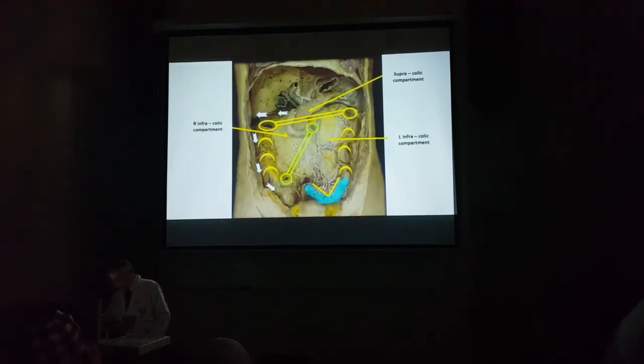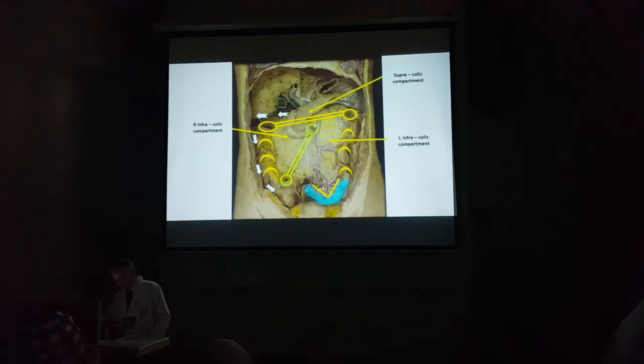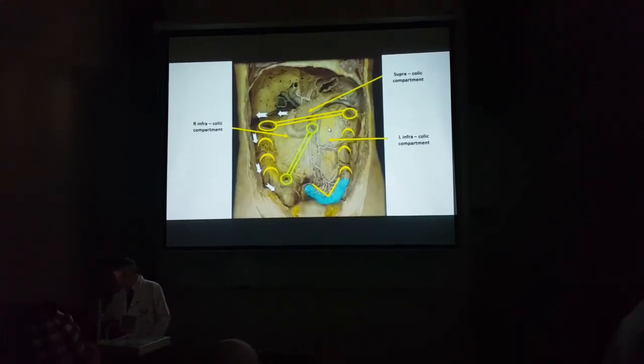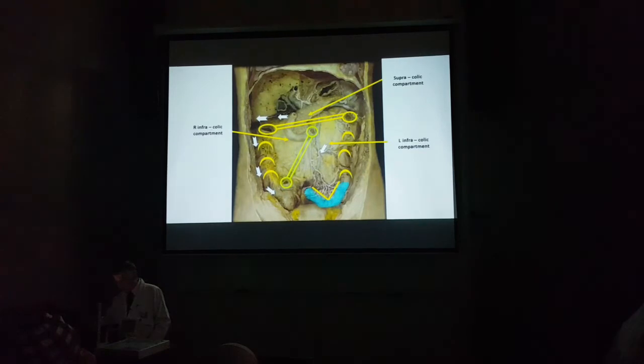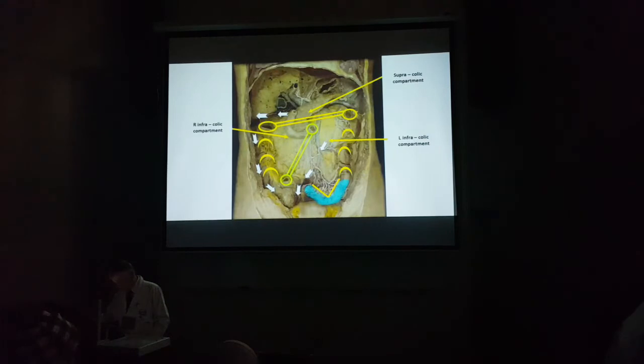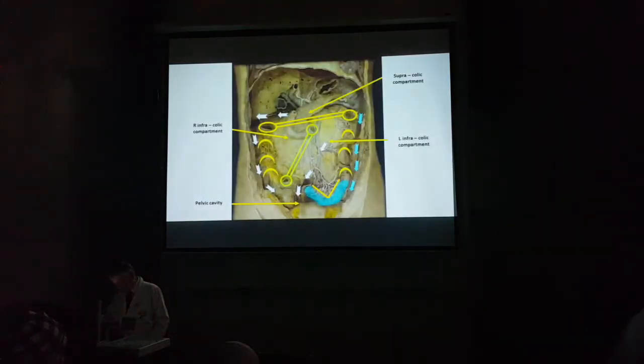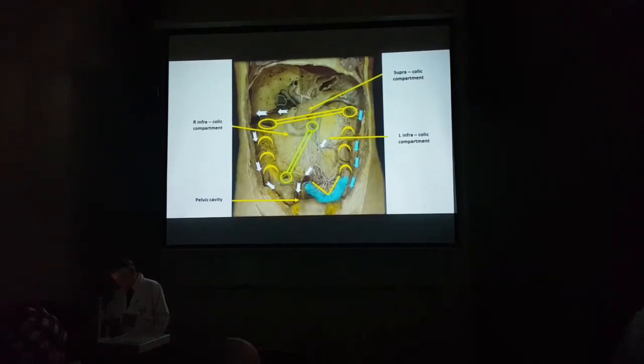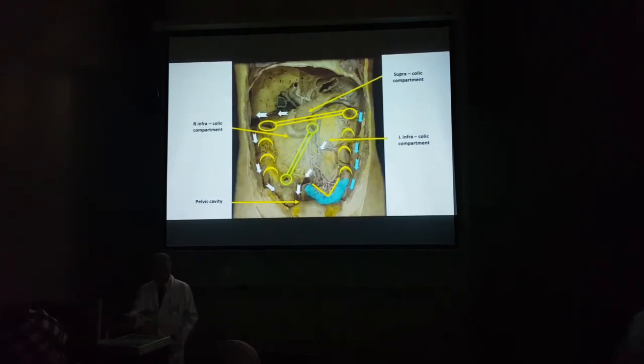Till this space is filled, then it spills over, and then goes to the left infracolic and down to the pelvis. We have the left paracolic gutter. There is no organ that can rupture and collect fluid there. Okay, so this is why we learn the compartments of the peritoneal cavity.